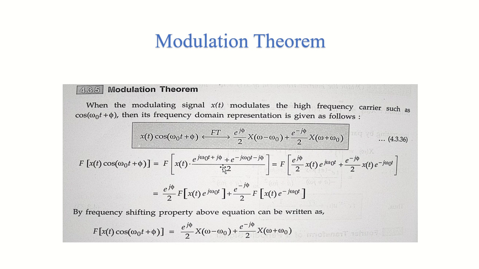So what you will get is a term something like this: f of e^{jφ}/2 x(t) e^{jω0t} plus e^{-jφ}/2 x(t) e^{-jω0t}. Right, so nothing new here again. We are simply